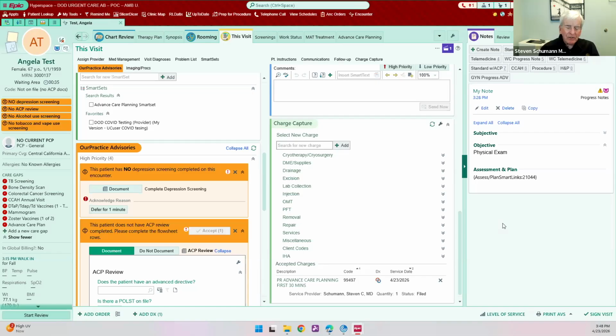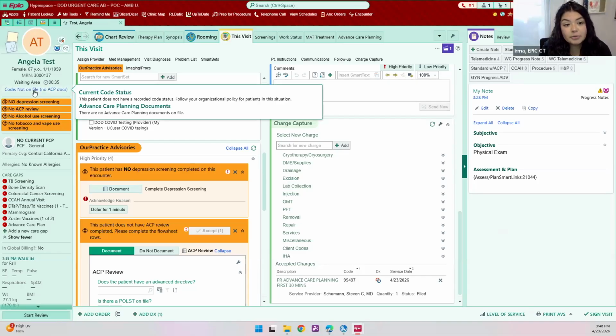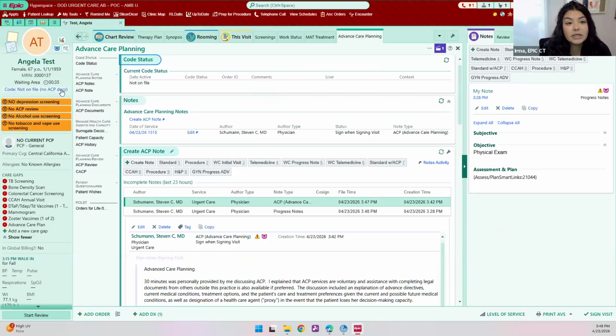How does that change occur? So for that change, if they need to make any changes to their surrogate decision maker, they can go to that advanced care planning activity. The quickest way to access that activity is within the storyboard where it says code not on file, or if there's one on file, you could just go ahead and click on that section and it'll take you to the